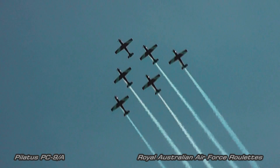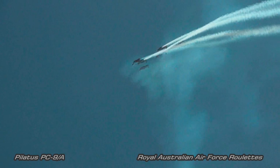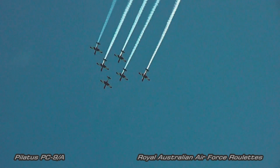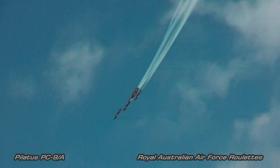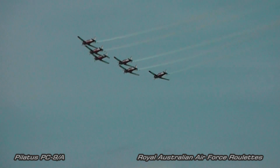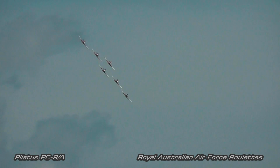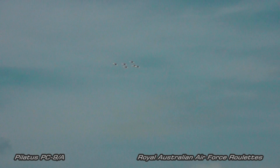When the pilots are not flying in the Roulette display, their normal jobs, they are qualified flying instructors located at RAAF Base East Sale, about 2 hours drive east of Melbourne. The Roulettes come from all types of operational backgrounds, including airlift aircraft like the C-130 and C-17, all the way to the top-of-the-line frontline fighter like the F-18 Hornet. All these pilots you see have been to the flying schools to teach students how to become fully qualified pilots, and from there they've come back to the Central Flying School where they teach